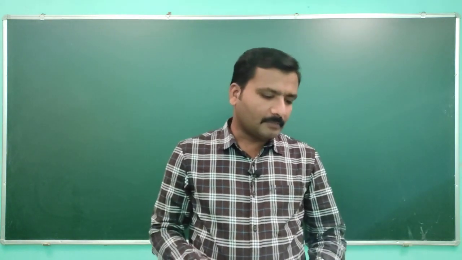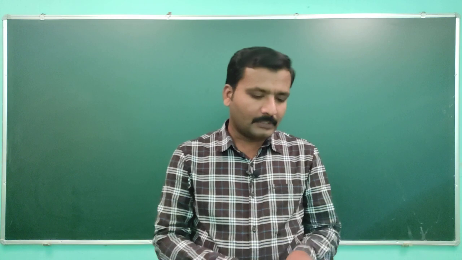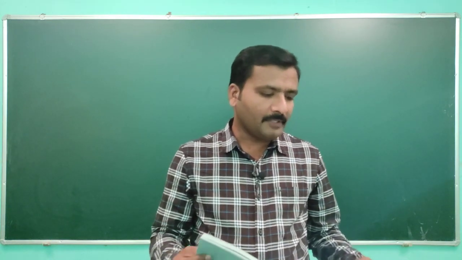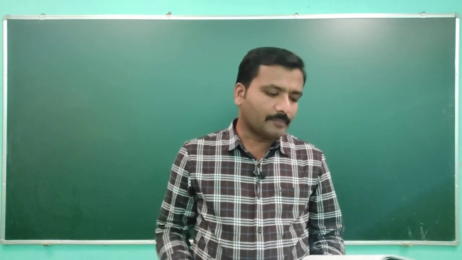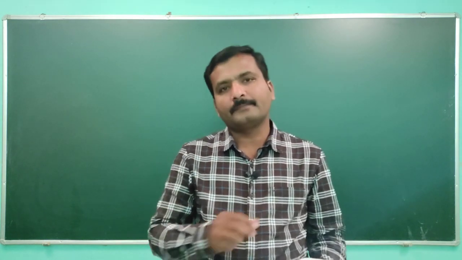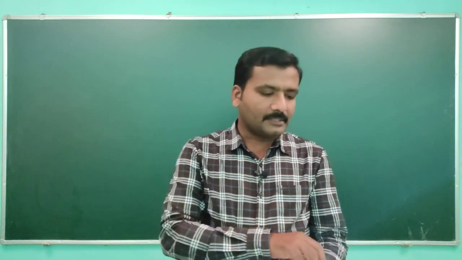Hello everyone, welcome back to Ancillary Physics 3, and we are discussing unit number 3. Today we are going to discuss three simple topics, namely the mean or average value of AC voltage for a half cycle, an associated problem with that, then the mean value of an alternating current, and the third topic is the root mean square value of an alternating current. These are the three topics that we are going to discuss in this lecture.